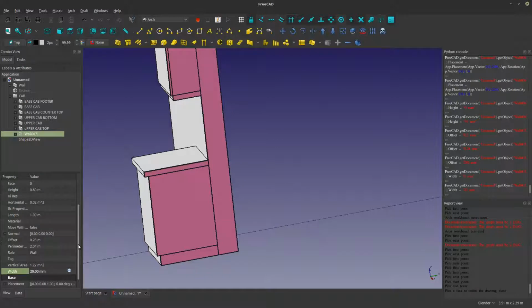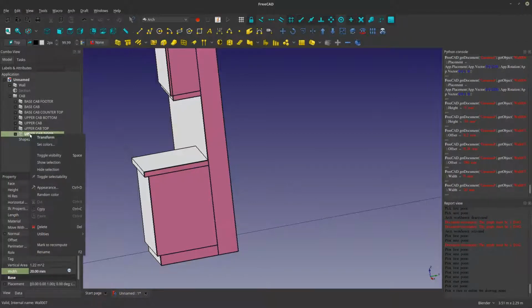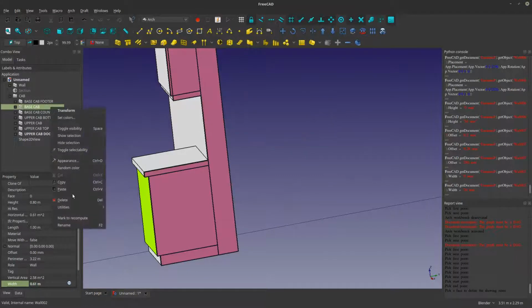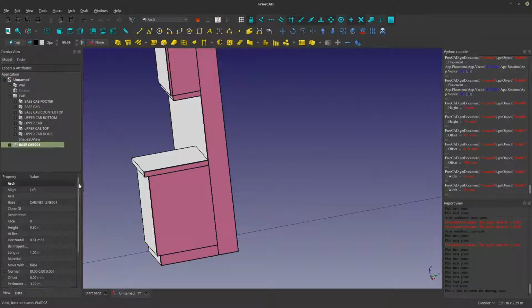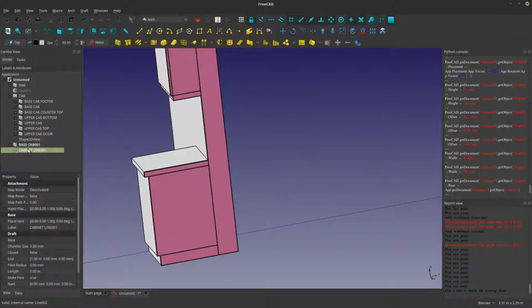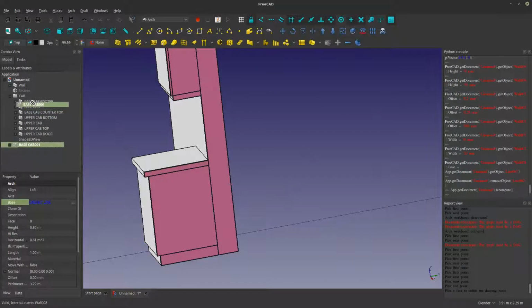Rename upper cab door. I can copy this. Well, I'll select this, copy, yes, paste, come here and change the baseline to cabinet line and delete this other line, and then bring him into the folder